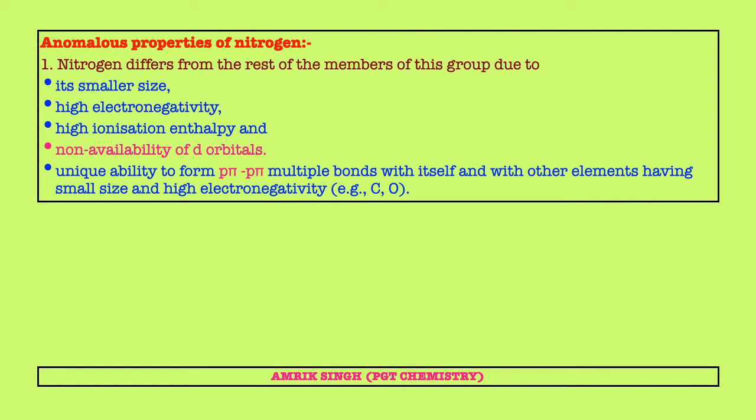Dear student, whenever a reasoning question is asked based on nitrogen, or nitrogen is involved in any kind of reasoning question, why nitrogen is doing so and others are not doing, or why nitrogen is not doing so and others are doing, nitrogen is doing something but other elements are not showing any property, or nitrogen is not showing a property but others show it, then we will have to write all these 5 reasons and we will get full marks.